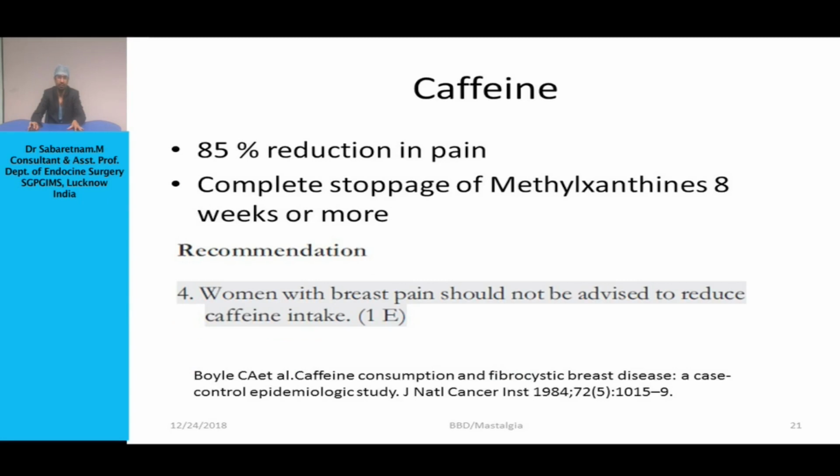And coming to Evion or vitamin E, randomized control trials said it is no better than placebo, but Indian guidelines advocate this. So we use evening primrose oil as well as Evion as the first line. If the patient doesn't respond, we go to the second line. Coming to reduction of caffeine and